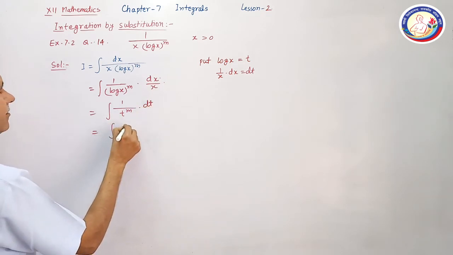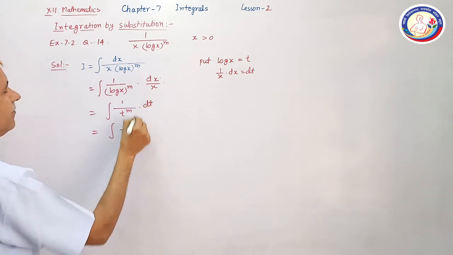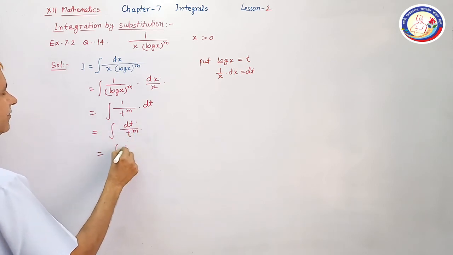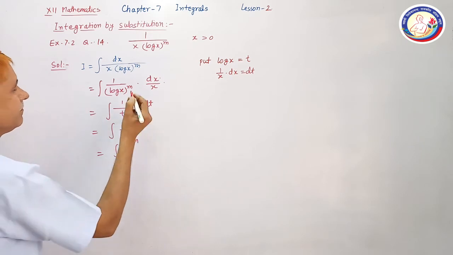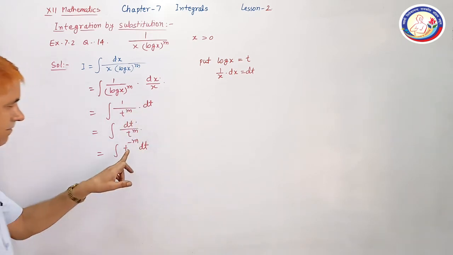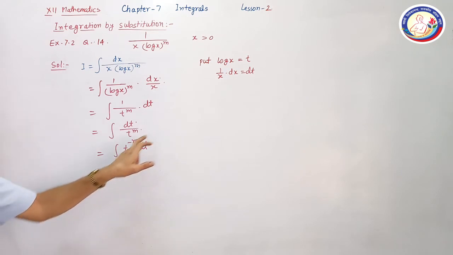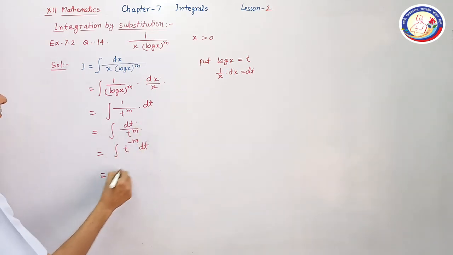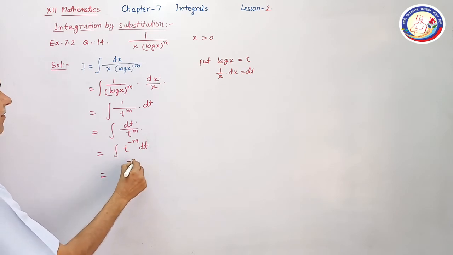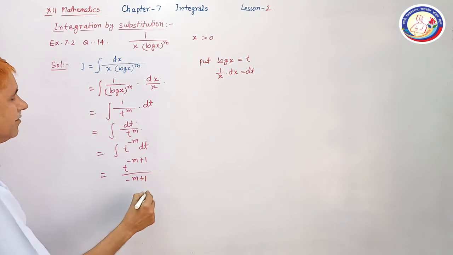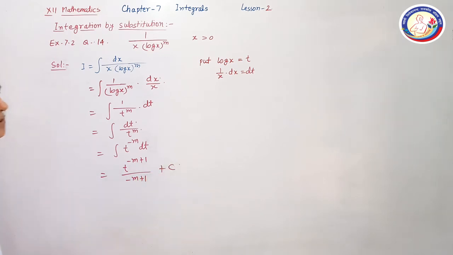So dt divided by t raised to power m, and we can write it as t raised to power minus m dt. This is in the form of x raised to power n, and we can find the integral of this: t raised to power minus m plus 1 upon minus m plus 1, plus constant of integration c,